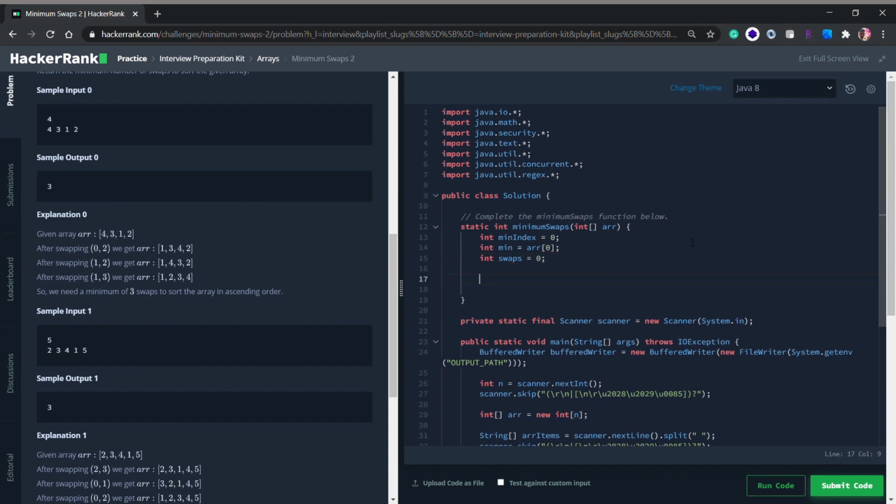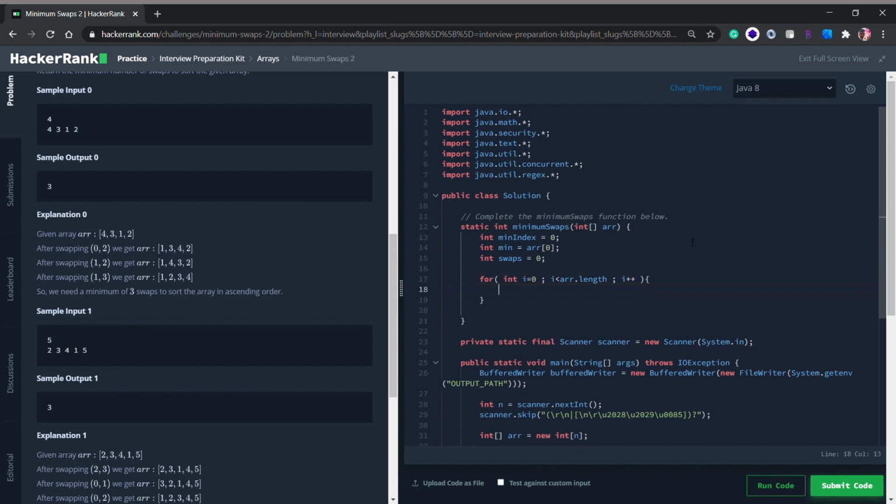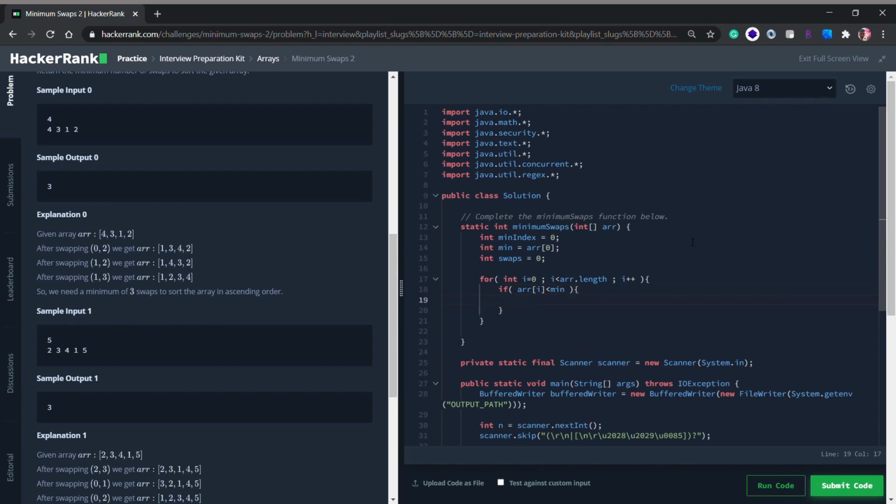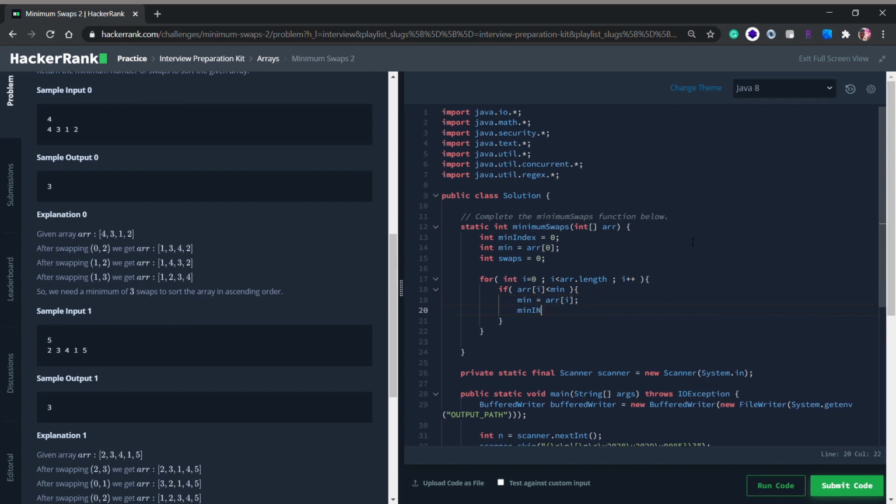Then we will have a for loop for integer I equals 0, I less than array dot length, I plus plus. If our array of I is less than minimum, then minimum would be array of I, and our minimum index would be I.